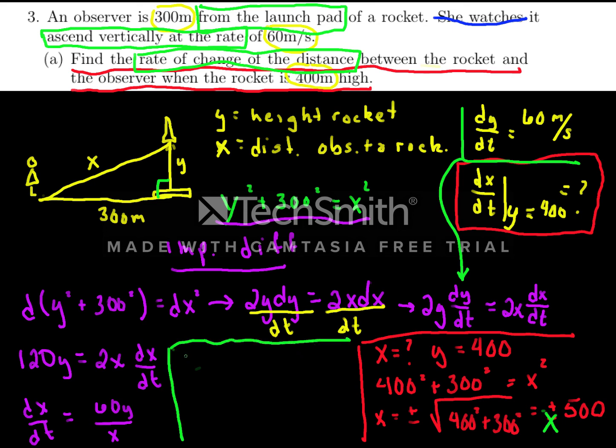So the problem is, what is dx dt equal to at the point x is 500, y is 400, and this is equal to 60 times our y value, which is 400, divided by our x value, which is 500, and this is equal to